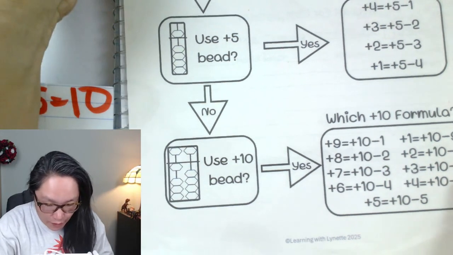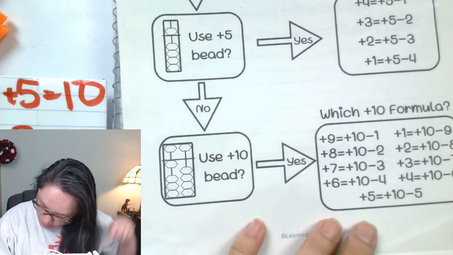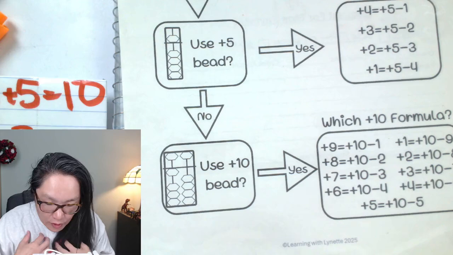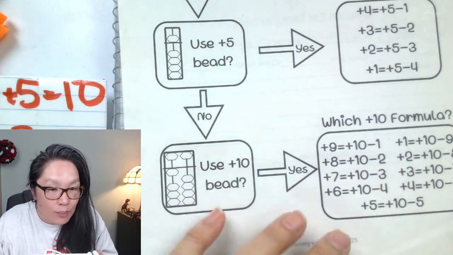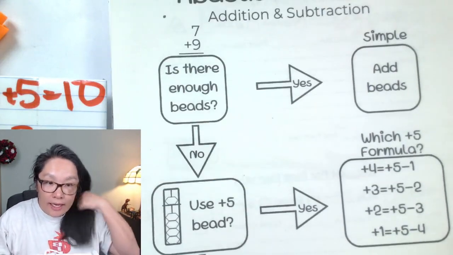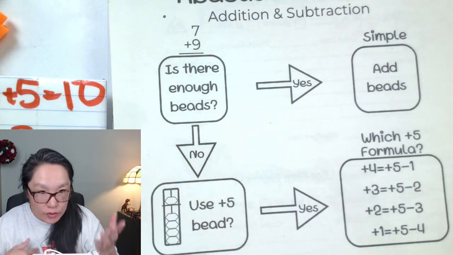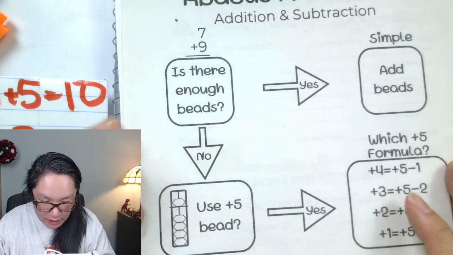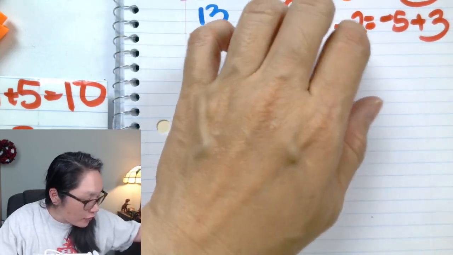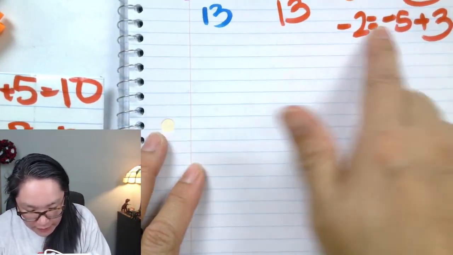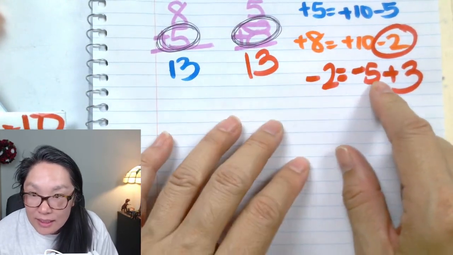So this is another framework that I created. I didn't create the framework, I just wrote it out, right? But this is the process that goes on in my head. Can I do it? If not, how do I do it? This is about critical thinking. When we go through each and every question, each and every number, we need to critically think whether or not